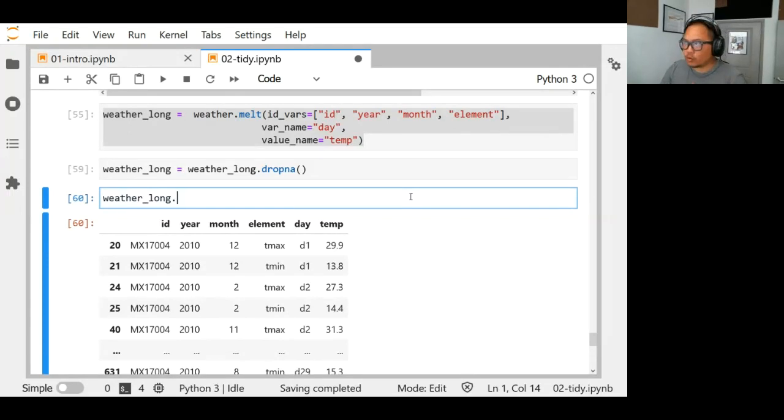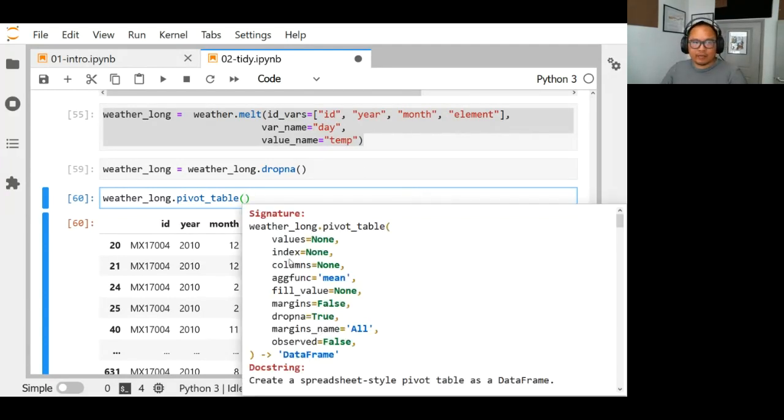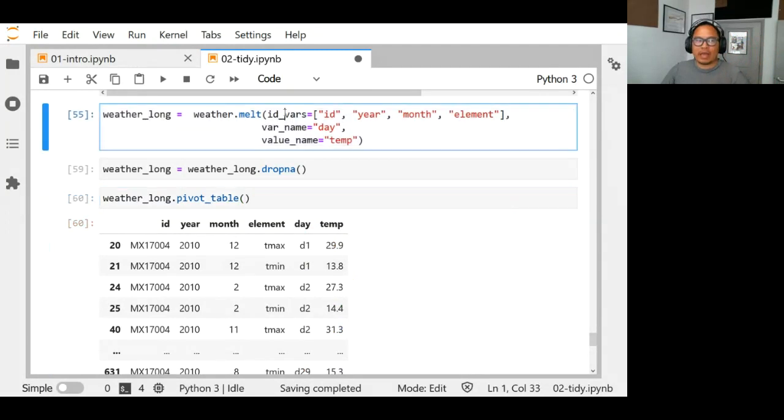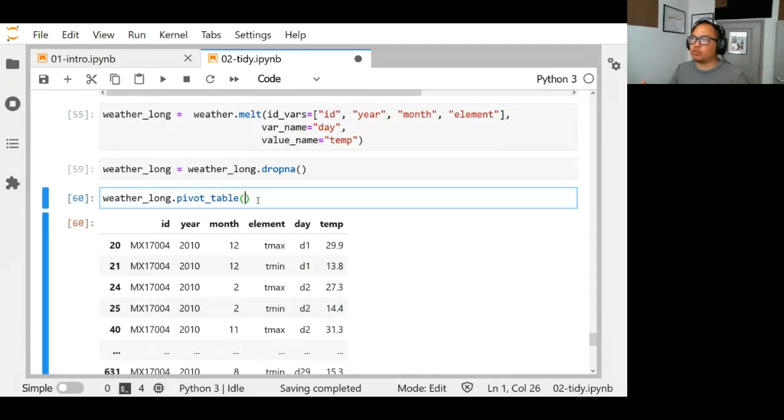So the function we're going to use is pivot_table. In here, instead of id_vars, there's a parameter called index. Index essentially behaves like id_vars. These are the columns you do not want to change. So we're going to say index is equal to